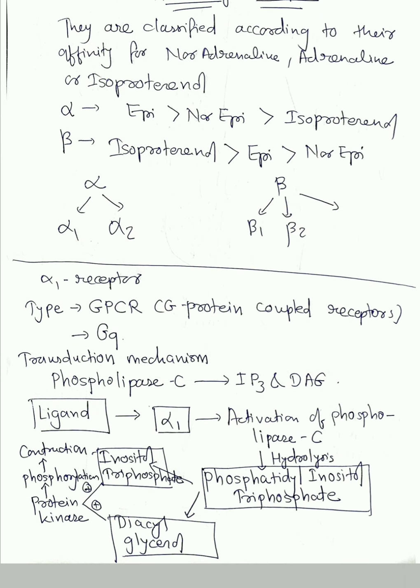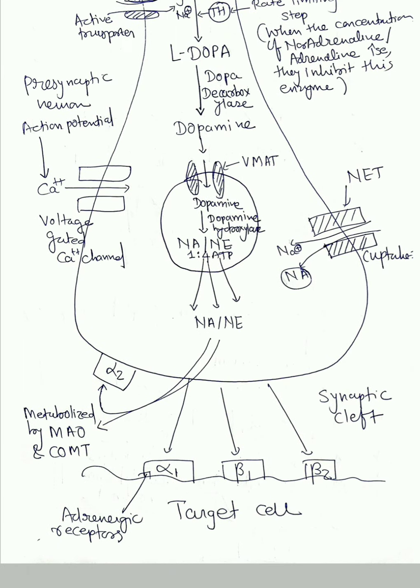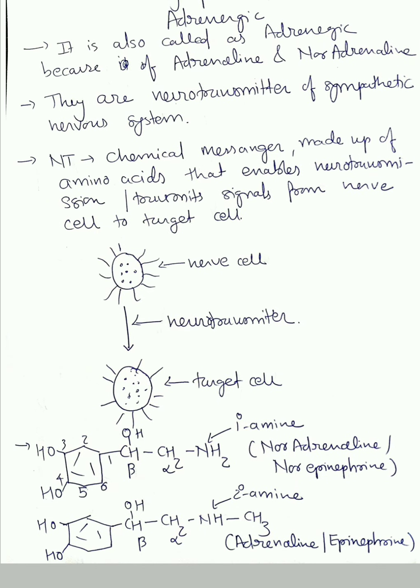So let's begin, guys. Adrenergic receptors are classified according to their affinity for noradrenaline, adrenaline, or isoproterenol. Now we have already seen the structure of noradrenaline and adrenaline. Let me show you once again. See, can you see? This is the structure of noradrenaline, this is the structure of adrenaline, but we have not seen the structure of